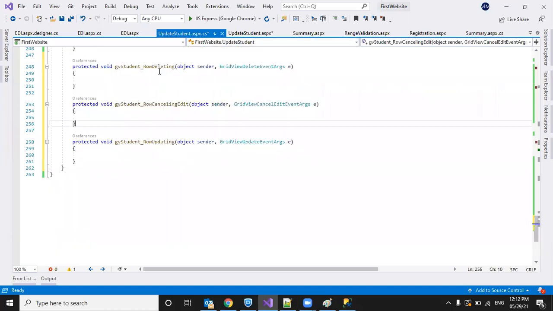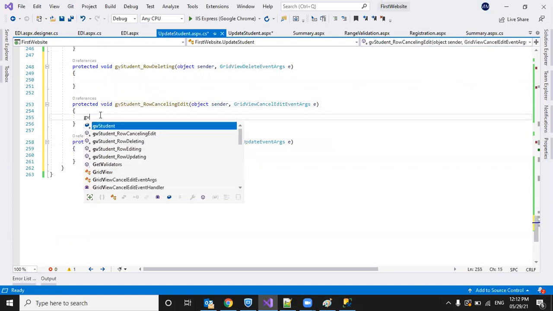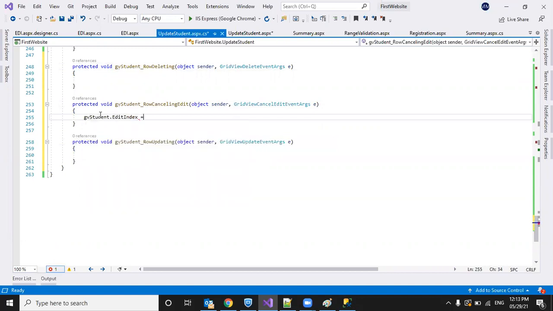So I have the deleting event, row edit cancelling event, row updating event. In the edit cancelling event, what do I have to do? To cancel row editing, I have to set the edit index to -1. To cancel editing, I have to set edit index to -1.